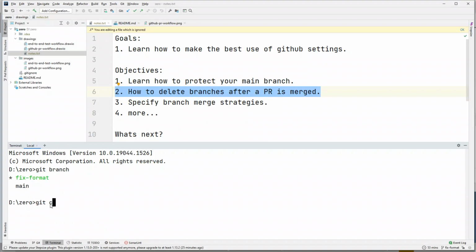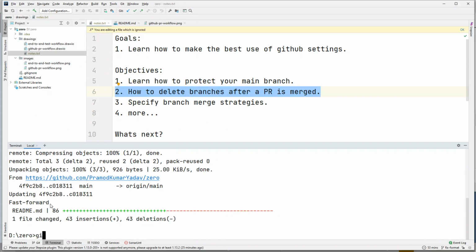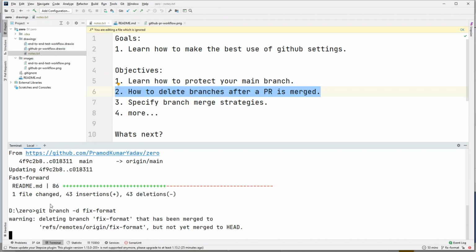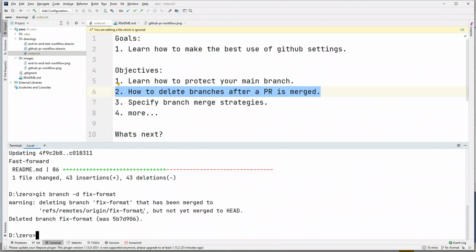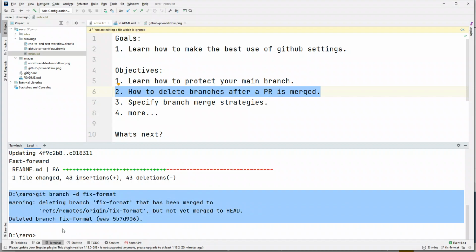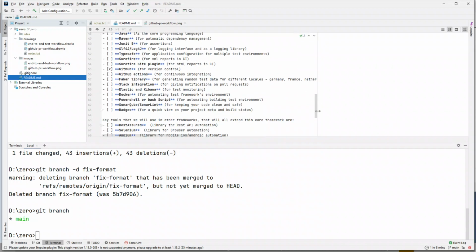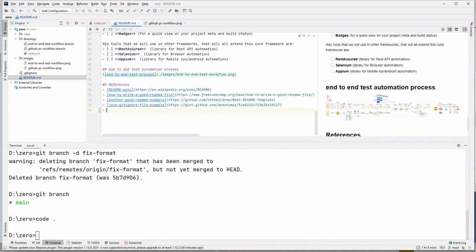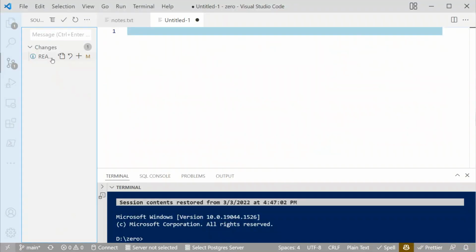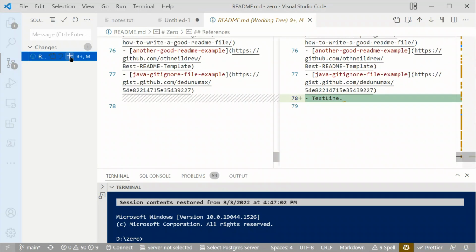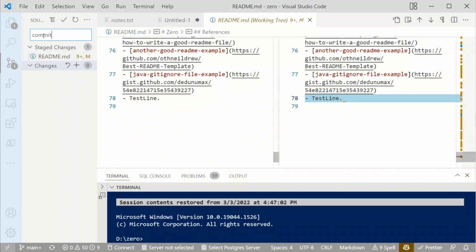But first, let's git checkout main, git pull all the latest changes. Let's delete this branch, but not much to add. Deleted branch, so this branch is deleted. Let's do a git branch again, and let's do one thing. Let's just add an extra line in the end of it, and add a test line here, right? And if I go back to Visual Studio Code, we now have a test line, which we will remove, of course, but for now we want to test that if I add a commit,